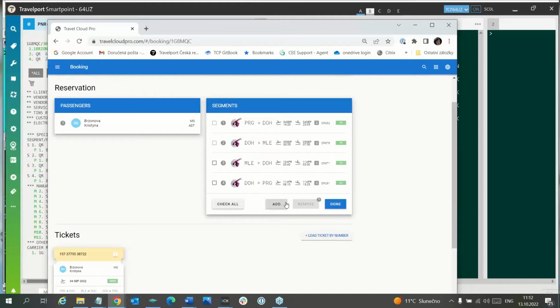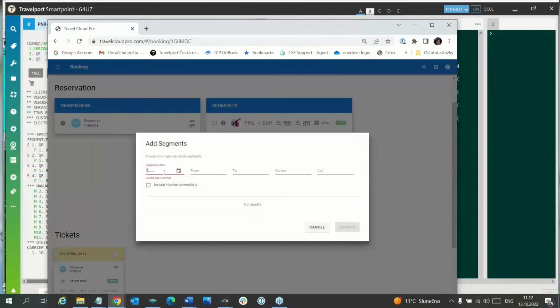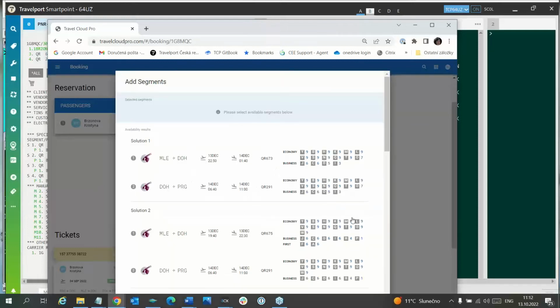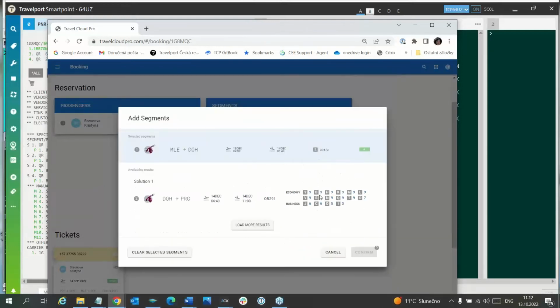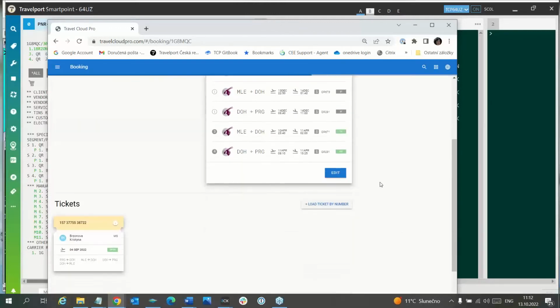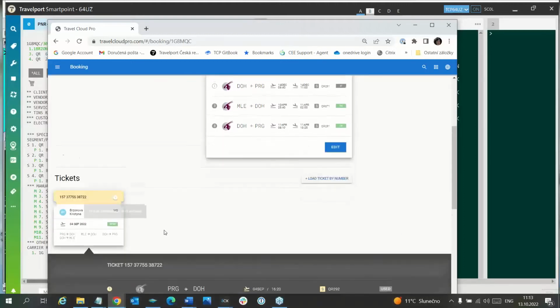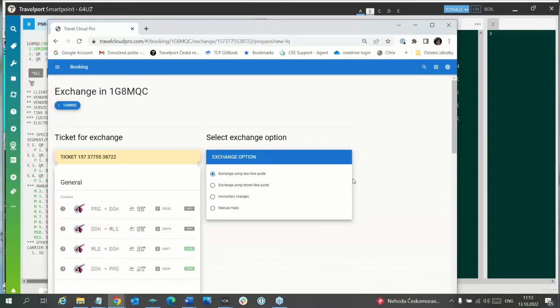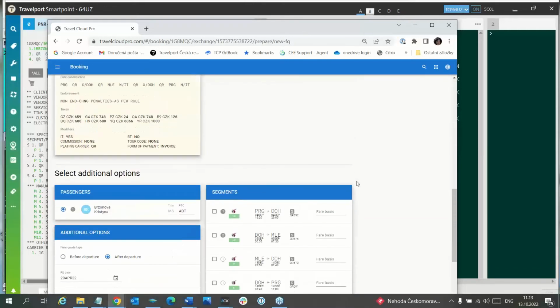But now I have to add again 13th of December from Malé to Prague with QR. Search and confirm, done. So now everything is here. I will start from the ticket exchange. And what I wanted to show you is that it is IT ticket